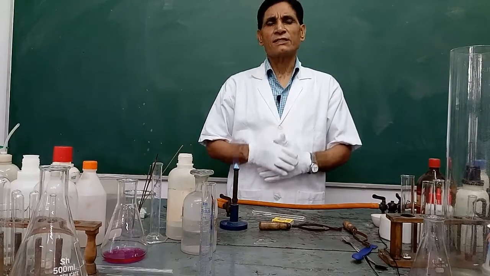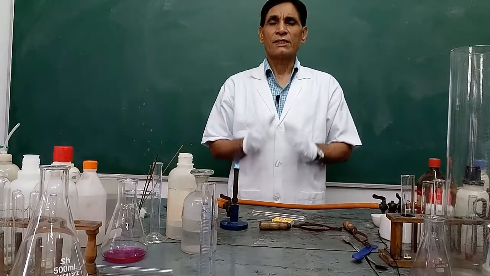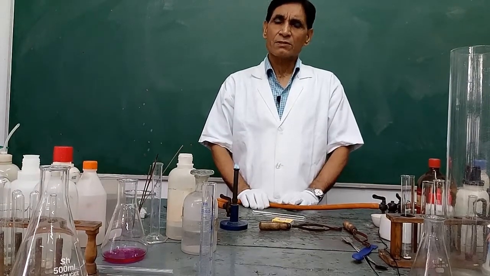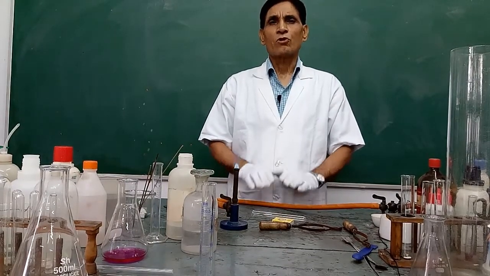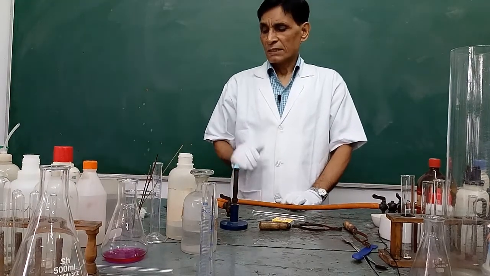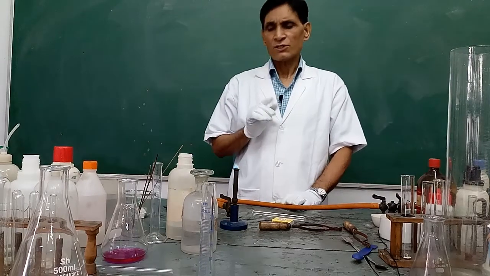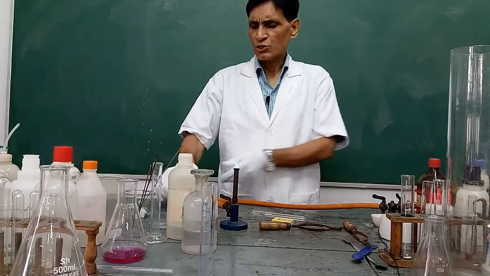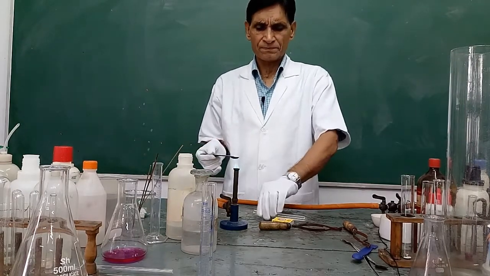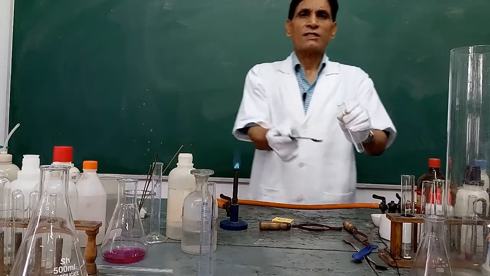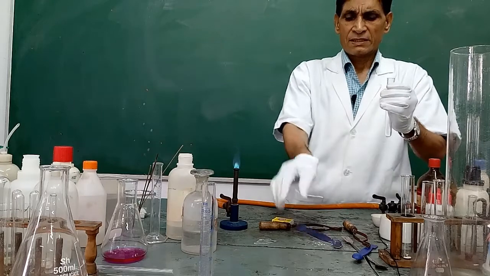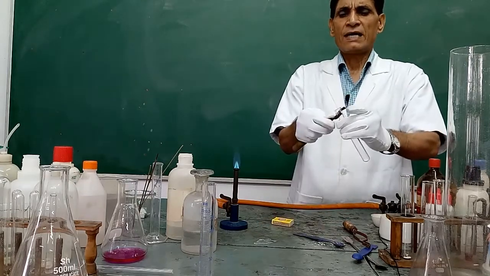The aim of the experiment is to study the effect of heat on the given sample, to identify the sample, and to observe and recognize the gas evolved. First, take a quarter teaspoon, a very small amount, of the given salt in a test tube. The salt is a white crystalline solid, taken in a hard glass, clean and dry test tube, and heated.